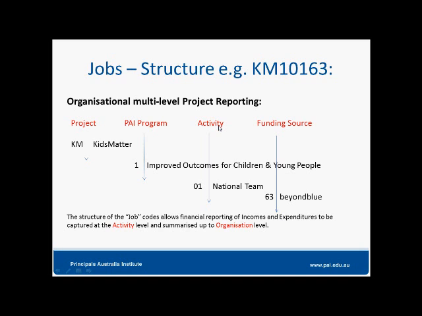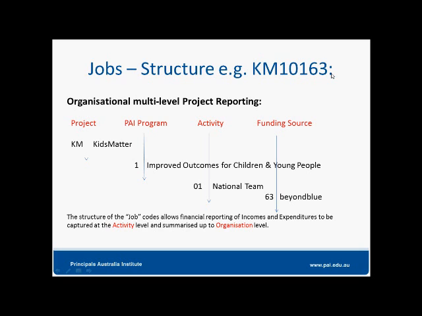The third element identifies the activity within this project, and here we've used 01 to identify the national team. The last element, the funding source, we've used 63, and that identifies that it's Beyond Blue, who are the funders for Kids Matter. So when we add all that up, we get KM